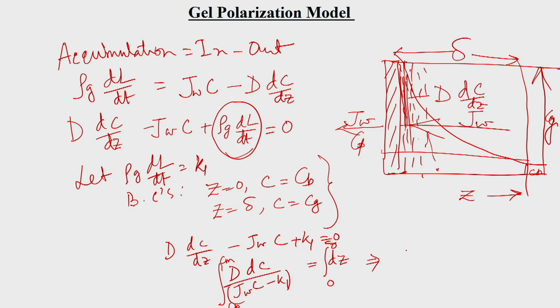So, from here we will be getting d by Jw into ln of (Cg minus k1 by Jw) by (Cb minus k1 by Jw), that is equal to delta, say we can say d by k. Okay. Now, you see for the gel polarization model, so if we say the concentration of the